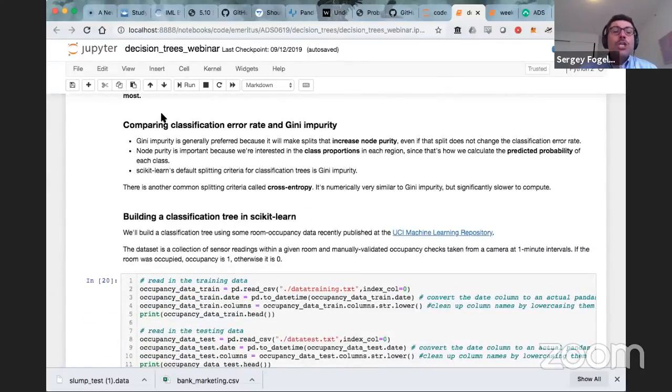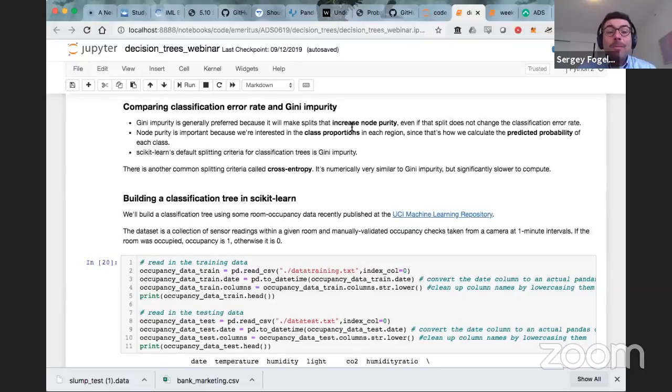In general, Gini impurity is preferred over classification error rate because it will make splits that increase node purity, even if that split does not change the classification error rate. And node purity, the uniformity of the samples found in a terminal leaf or in a region of space, is important because we're interested in class proportions in each region, since that's how you can calculate not just the class prediction, but the predicted probability of a given class